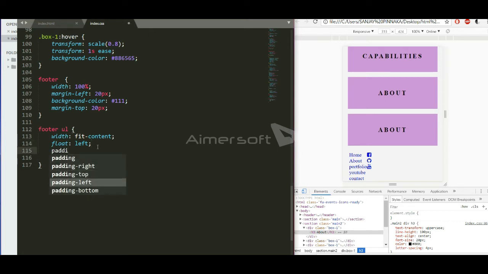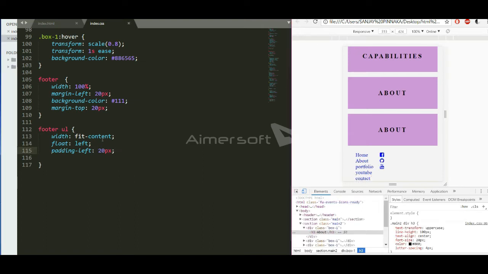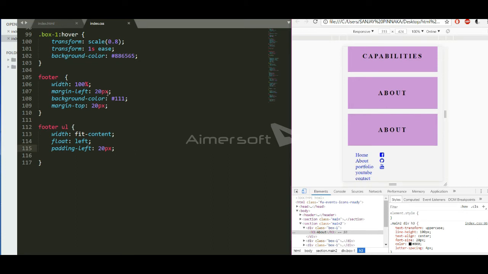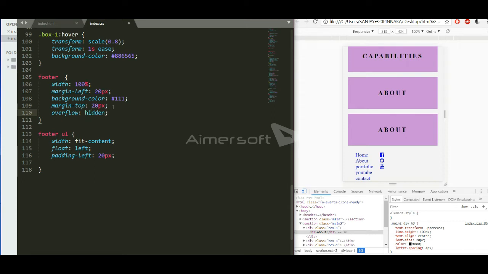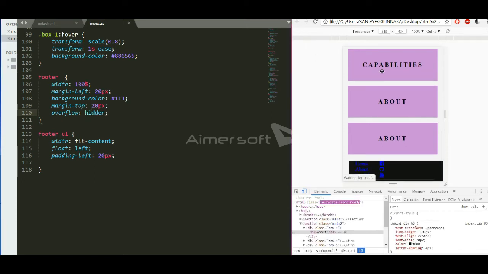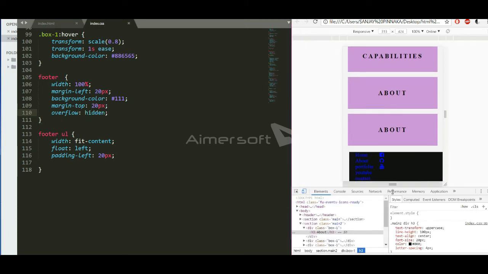And give a padding left of about 20 pixels. Now save and refresh. Make overflow as hidden so you can see the actual elements. Without this,